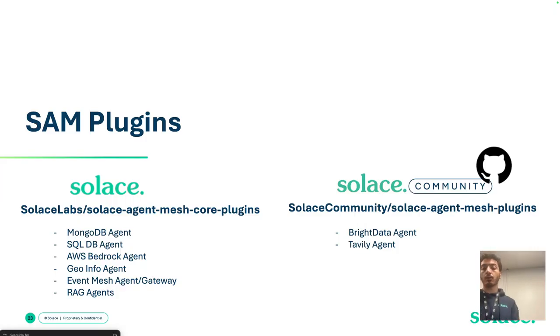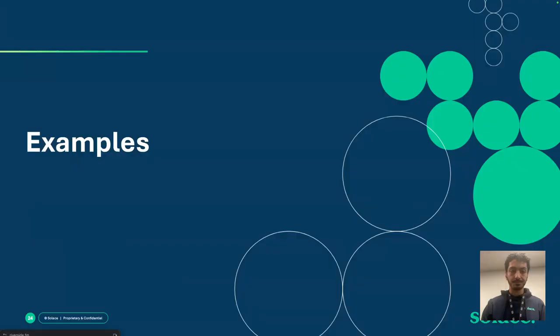And we just started our community projects because we are running multiple hackathons. This is also a great place if you want to contribute to us. If you're building something with Agent Mesh and you're making your own plugin, just make a PR to this repository. For now, we created a few simple plugins. One is to connect to Tavily, and another is to connect to Bright Data, as they're also sponsors for the upcoming hackathon. So it just makes it a bit easier for you to integrate with the other sponsors.